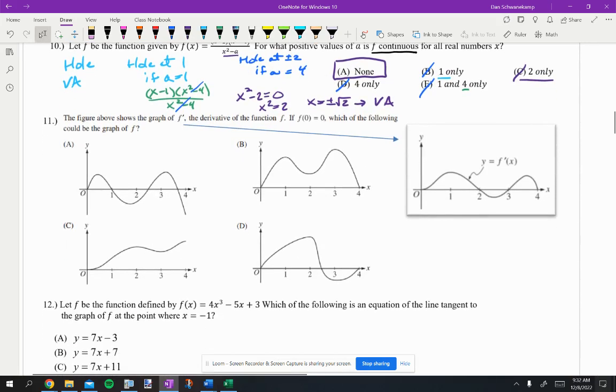Number 11, we're looking for the graph of f prime is